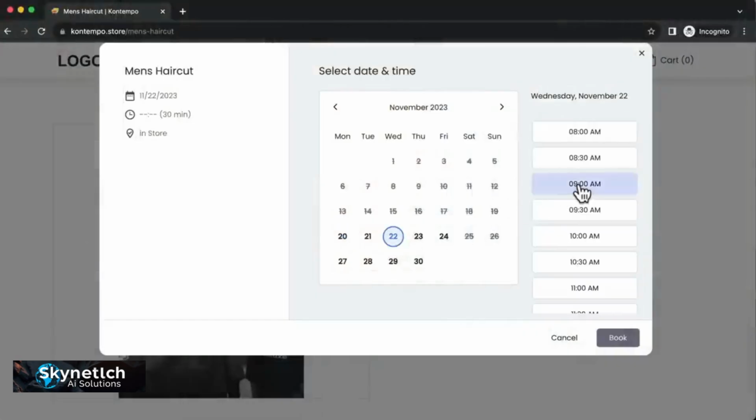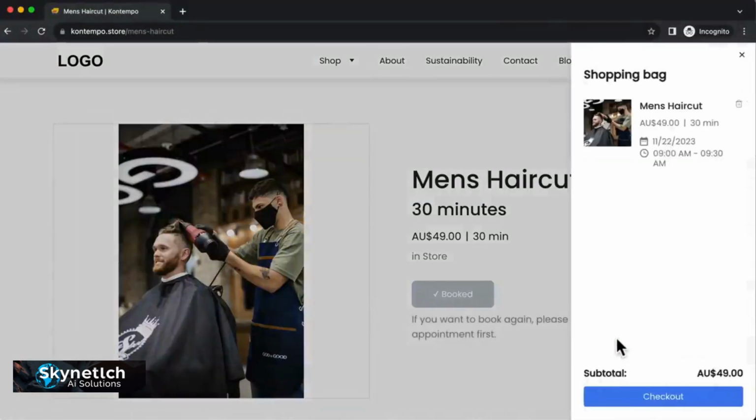And you can create any type of store that you want with up to 500 products. You can sell physical products such as clothing or jewelry. You can also sell digital products such as software or PDF ebooks. And you can even create virtual products, for example, if you're selling services or consultation calls. You can also add an appointment functionality as well if you want to create a website, for example, for a